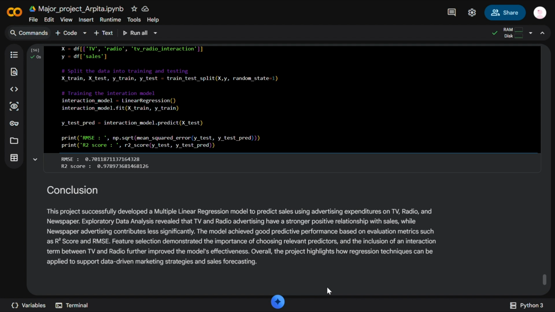The model achieved good prediction accuracy based on the R² score and RMSE. Feature selection and interaction analysis further improved the understanding of how different advertising channels contribute to sales. Overall, this project demonstrates how multiple linear regression can be applied to real-world business problems and can help organizations make